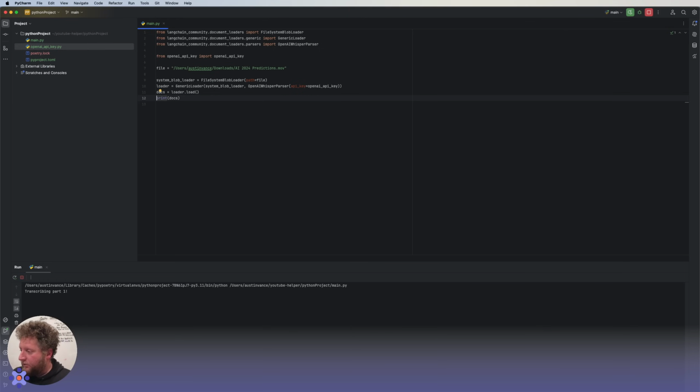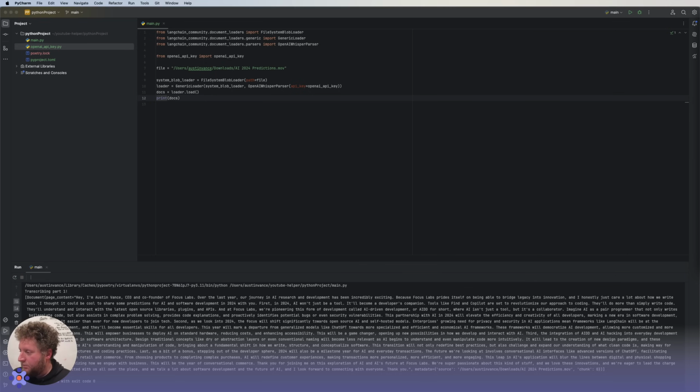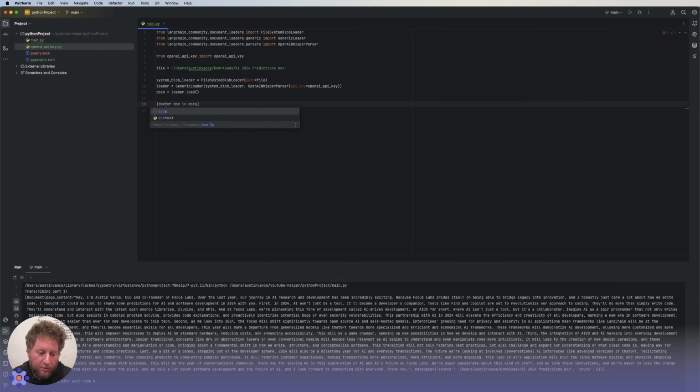Once we have those docs, we generally want to combine them into one set of documents. So you can see we have a document here, there's page content. These parsers can often load multiple docs, and so I tend to see people combining them so that they can be split or joined for the vector store. So if we take our docs and do doc.page_content for doc in docs, we can iterate through them and build a new list. Let's just map out an array of only the page content.